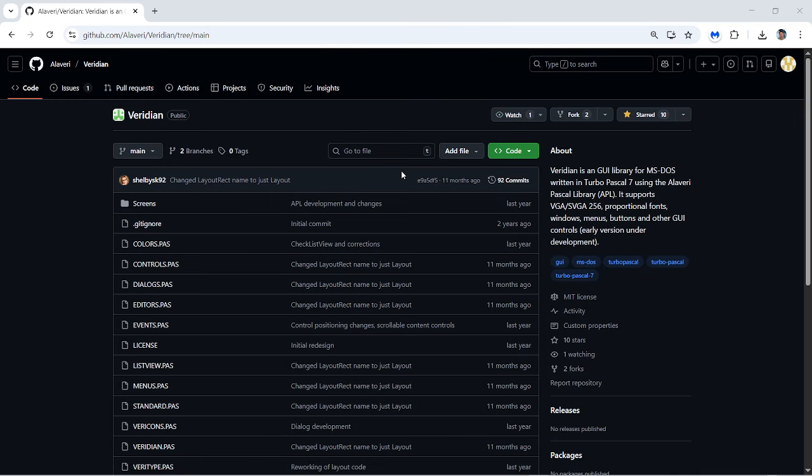I've shown you before one of my favorites, TEGL GUI, which did a lot of similar things, but it was much more advanced than this. This looks more modern, and the code looks really good. It looks like it could be ported to Free Pascal if someone wanted to take up the task, but,